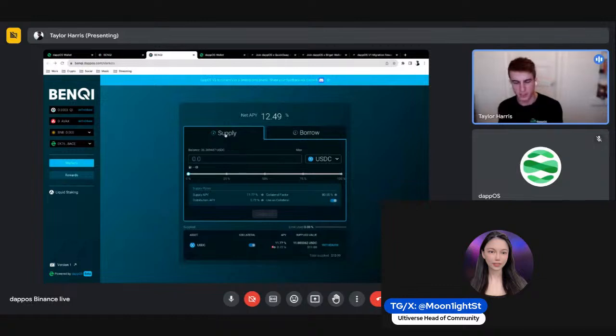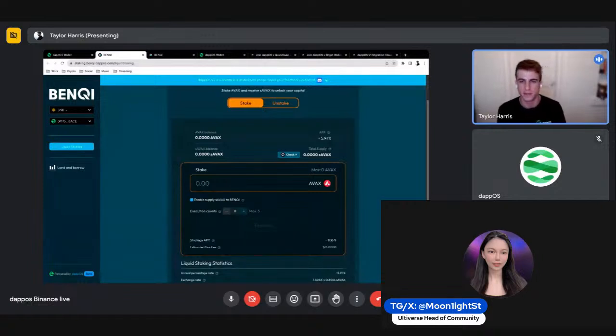But this is kind of where dappOS intent-centric comes into play. I know intent-centric is a relatively new thing, but this is where we take all the trouble, all the behind the scenes, and we automate that. We give the user their intent, the desired outcome.